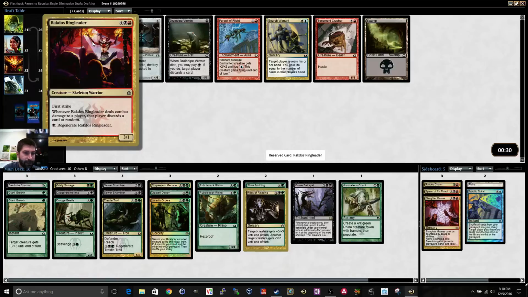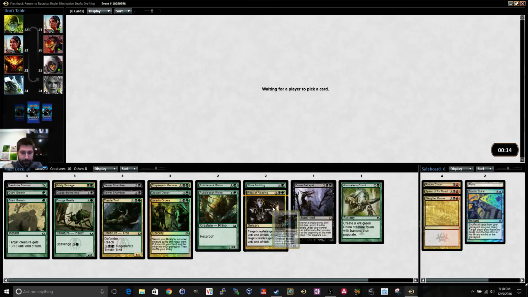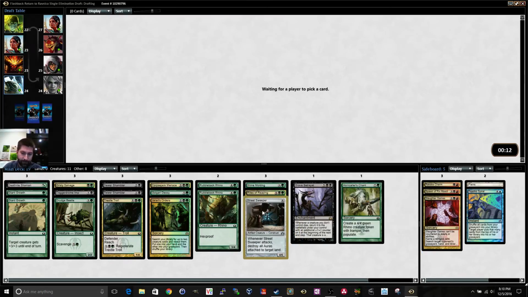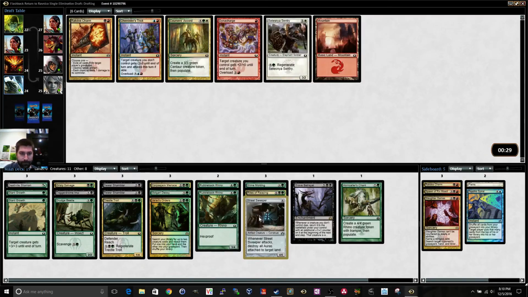Ringleader, what does this guy do? Whenever it deals combat damage to a player, they discard a card at random. Yeah. I'll take a Street Sweeper. There's a chance I played this card. Great against the Security Blockade, that's for sure. Of course there's a Chord still in this pack. Wow. Are we just getting cut off from